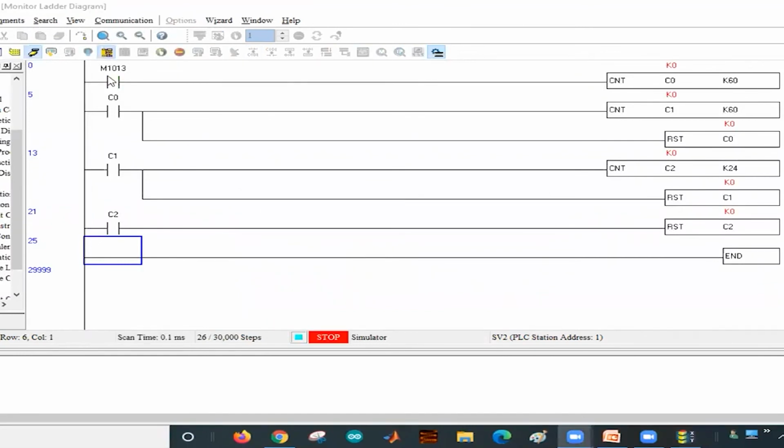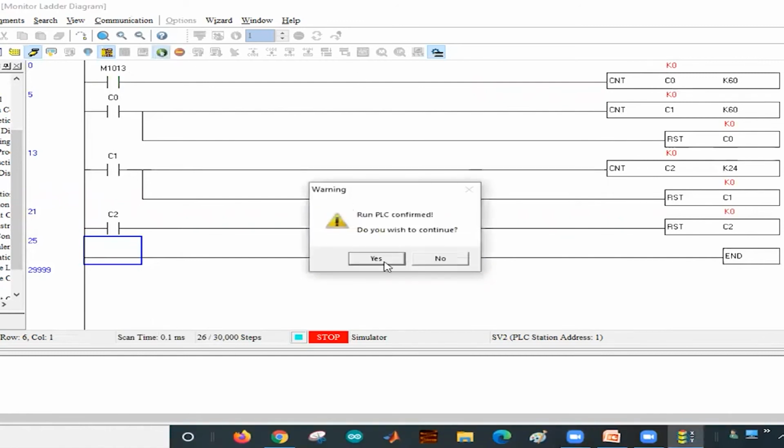You see here, this is the clock pulse generated. Still our PLC is not running, so these values are not changing. Whenever you run this PLC, if you observe here, 0.5 seconds on, 0.5 seconds off. That means for every 1 second it will be on. Whenever it is on, this value will be incremented by 1.